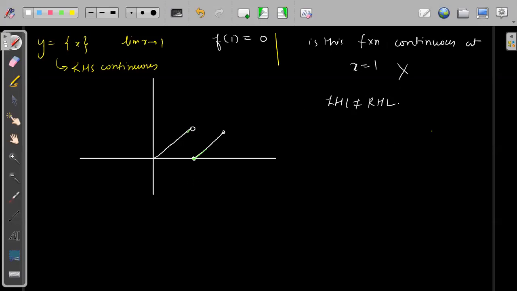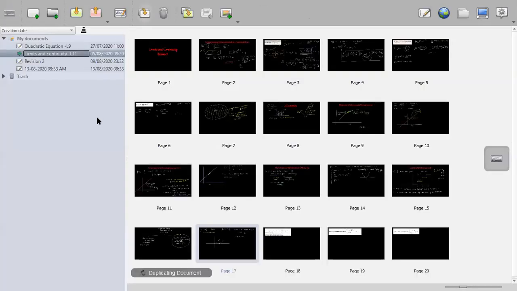Continuity also we are breaking into two parts. In the next class, I will explain why we are breaking the continuity into two parts. I hope in today's class everybody is able to understand till this point. Yes or no? Okay, very good.